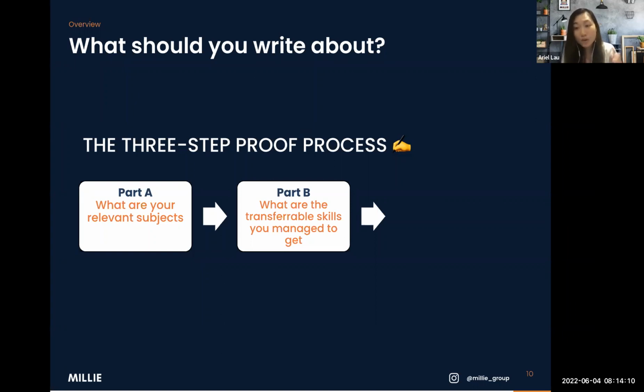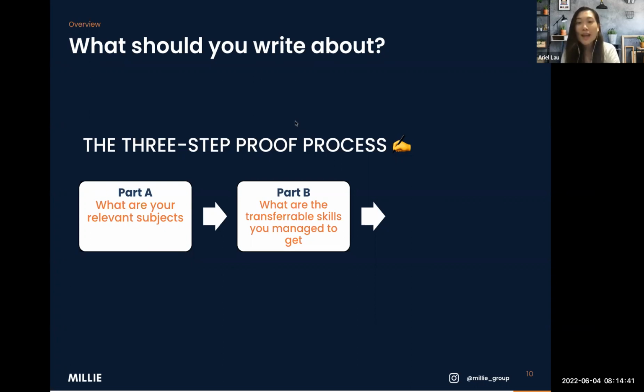And with that, it's also highly relevant to engineering, because as an engineer, there is a lot of data that you need to consider. And then at the same time, you need to apply data to the particular project that you're working on, for feasibility studies and things like that. Right. So with that said, you can definitely see that these are the types of transferable skills that could be extremely relevant to you as an engineer, and that would derive from your relevant subjects.